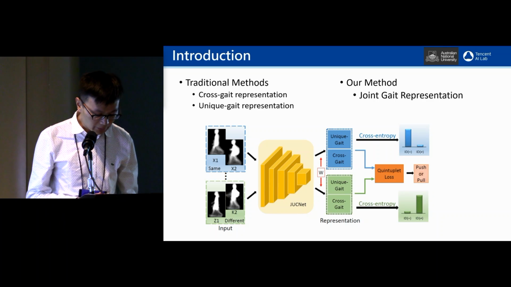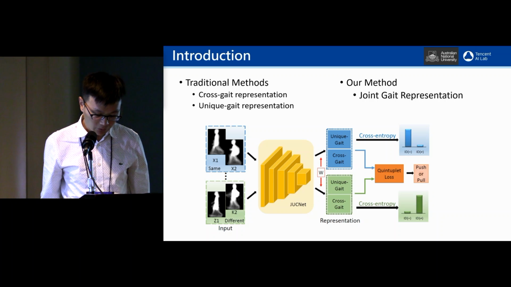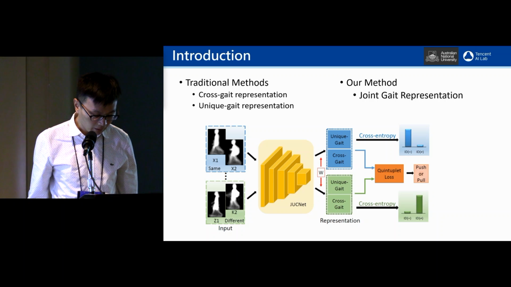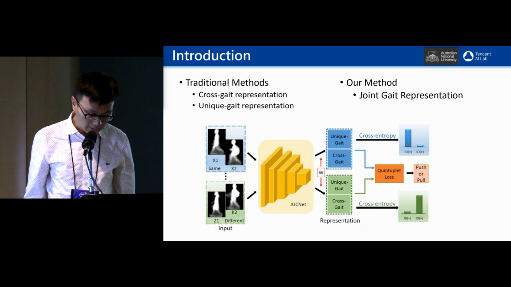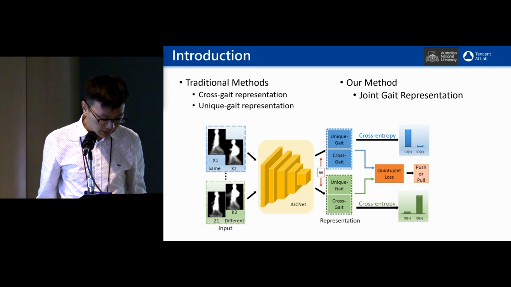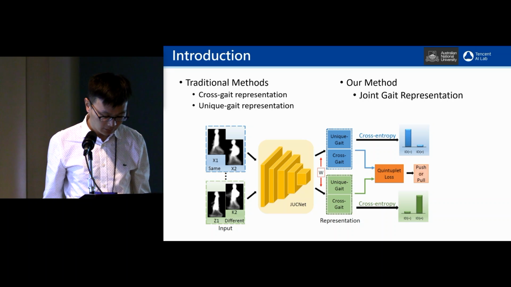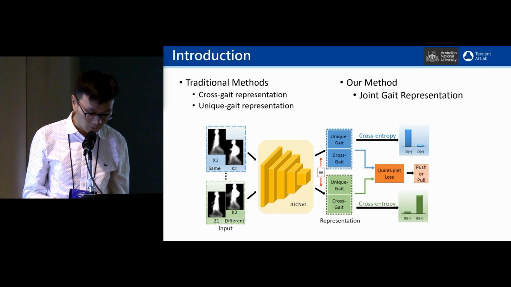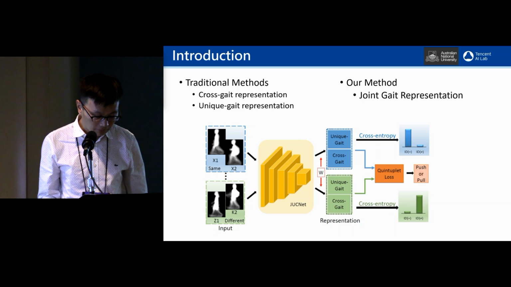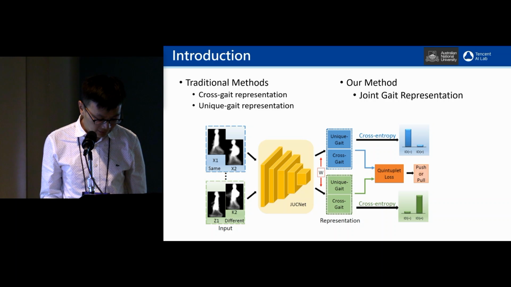Most of the previous works focus on cross-gait representations, which is a concatenation of a pair of gait images labeled as same or different as the input of the network. While being effective in capturing the relationship between a pair of gaits, these methods ignore the labels of each single gait image. Nowadays, some deep learning methods tackle the problem based on single gait representation solely. They extract a unique gait feature enclosed in a single image and then match them to predict the relationship, while this method ignores the cross-gait representations.